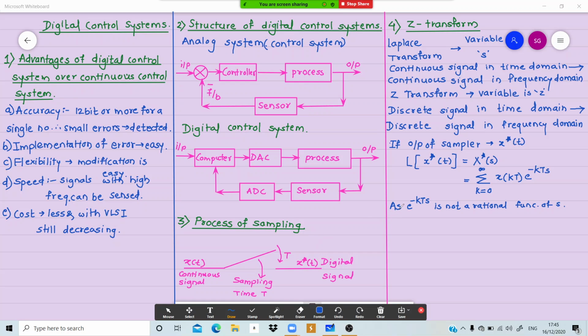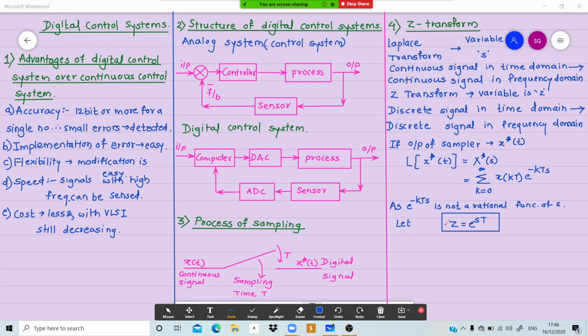So what we are doing now, we'll substitute. Let z be equal to e raised to st. Very important thing I had written over here. Instead of writing some exponential term, e raised to st, where k is a constant so no need to worry about it, and the minus also, we'll say it is z. So while taking the inverse, z inverse, it will become easy for us to take the inverse, right?